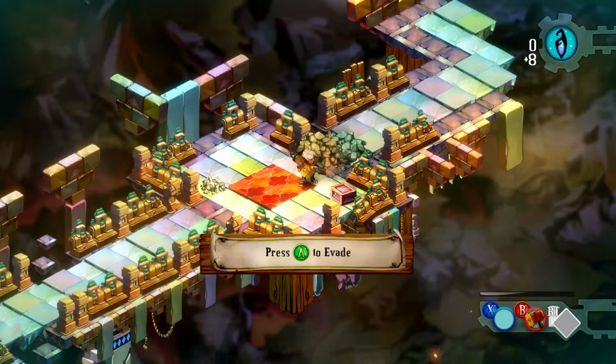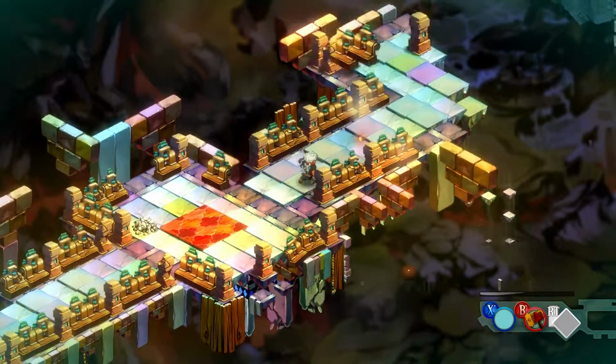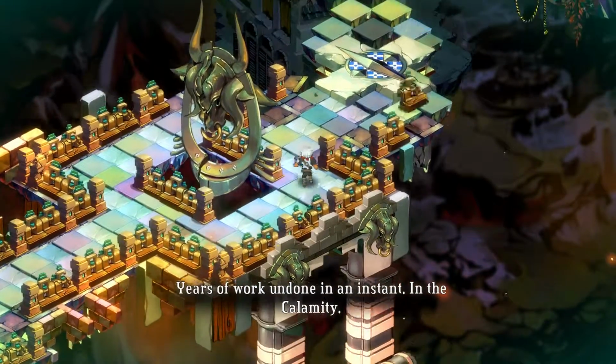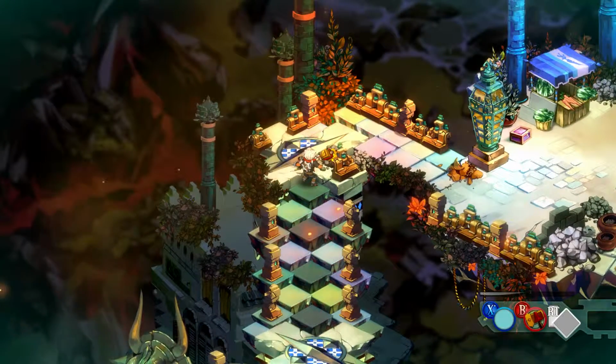So as you can see, it's a top sort of from the side angle. He sees what's left of the rippling walls. Years of work undone in an instant. In the calamity. It's sort of this top-down